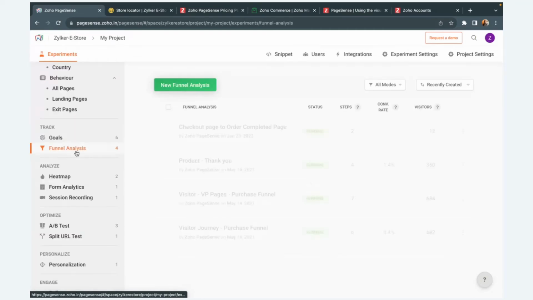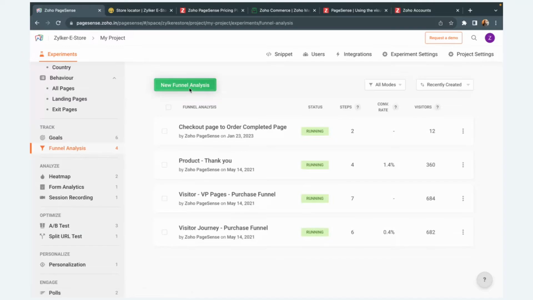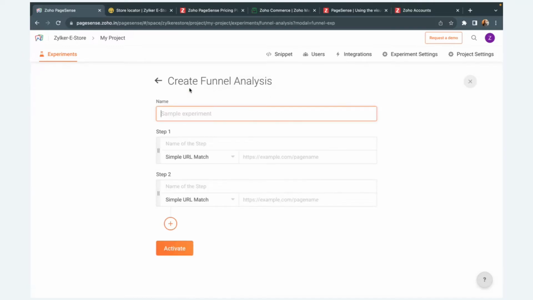And then we have a funnel analysis. Funnel analysis is pretty simple to configure. Just to highlight Zoho PageSense, anything that you see here is pretty easy to configure without any developer's effort or any technical person's effort. We'll be able to do it all by ourselves, unless you have a highly customized requirement or need more of a developer touch, then you'll have to reach out to your developer. Else, all of that is completely customizable and can be used by anyone in a company or business